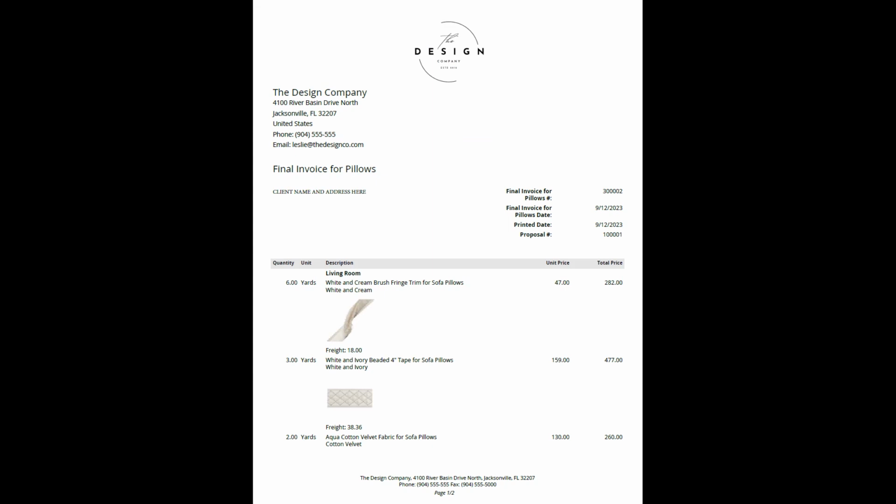And so a lot of times the designer will ask for that 50% up front to cover their costs, and then once the pillow is delivered and the designer has paid for all of the invoices to the manufacturers and vendors and workrooms, etc., then we'll go to the client and say, okay, here's your beautiful pillow. Let me go ahead and get the final payment for it. But you can see in this case, they asked for all the money up front.